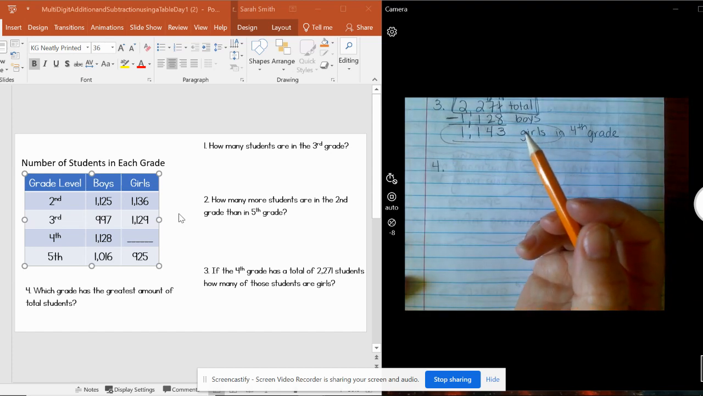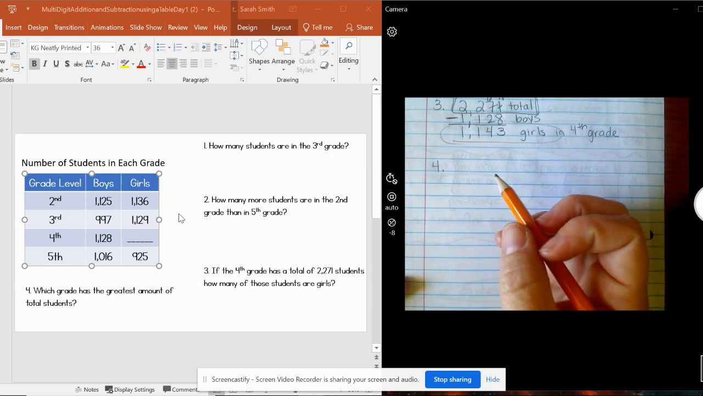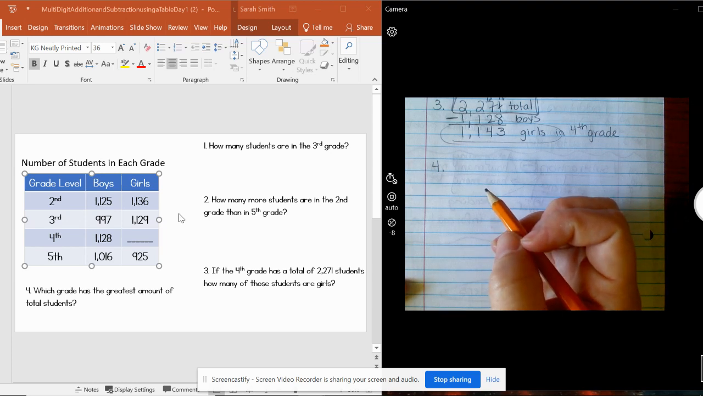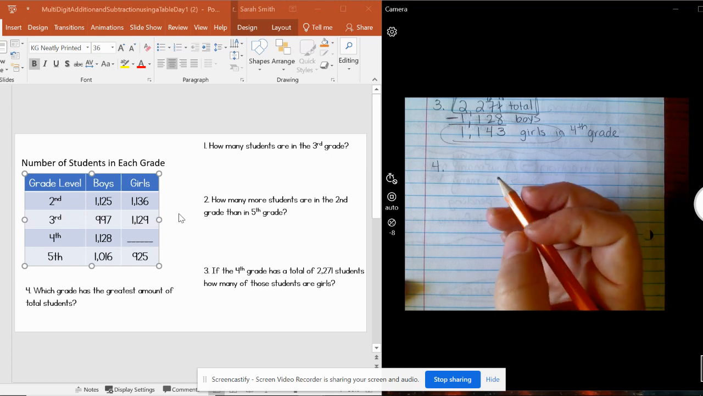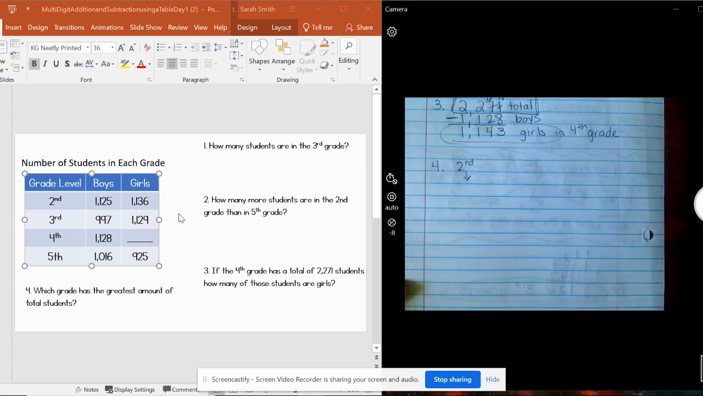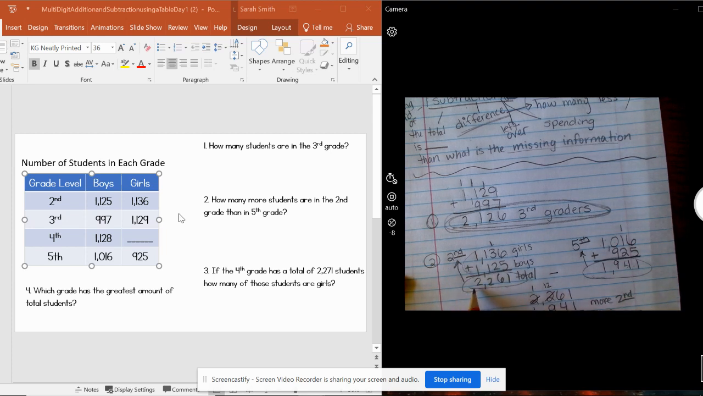All right, which grade has the greatest amount of total students? Well, guess what we're going to have to do, guys? We are going to have to total out each grade level. But what's awesome is we've already done that when we asked the questions in question number 1, question number 2, and question number 3. So we know that the total for 2nd graders was what? So we need to just simply go back and look at our total from question number 2. So the total of 2nd graders was